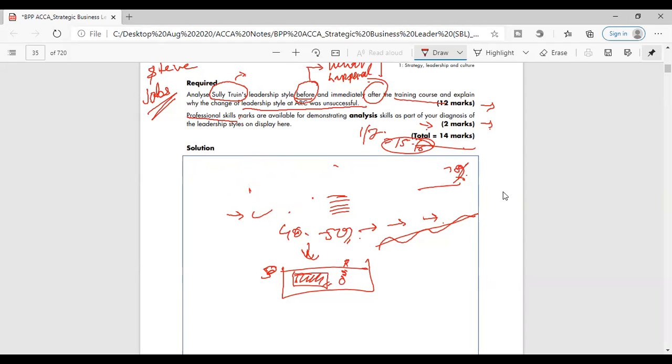All right, let me put a couple of bullet points to summarize the requirement, and then it will be just a matter of